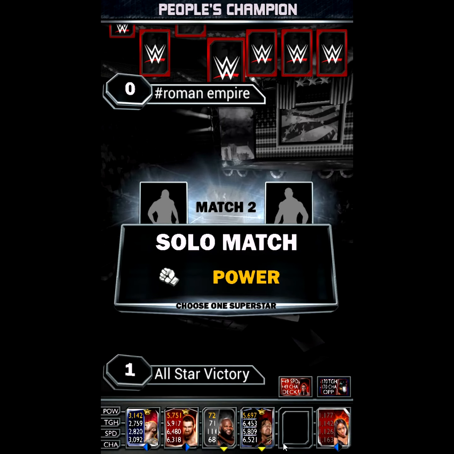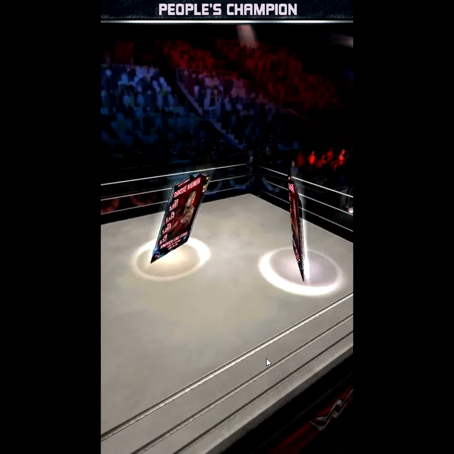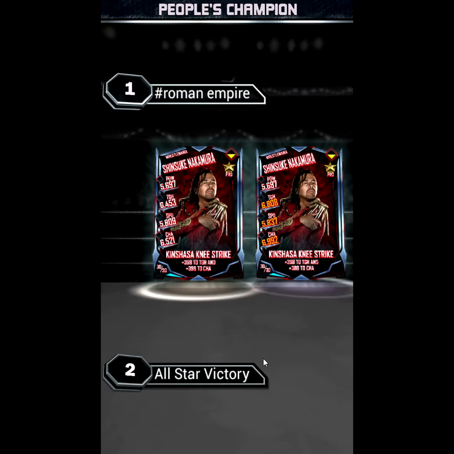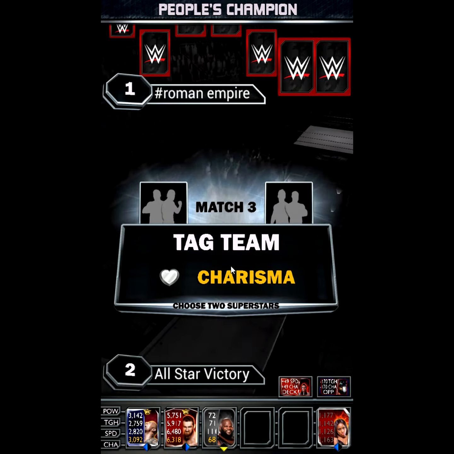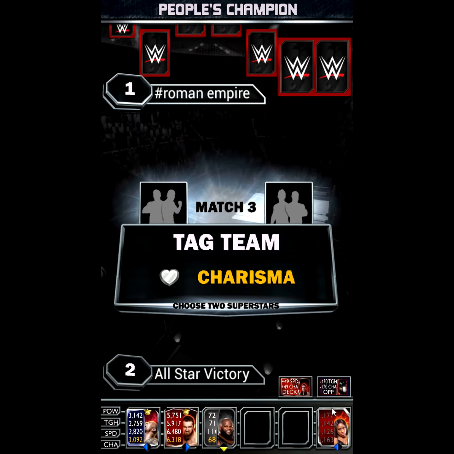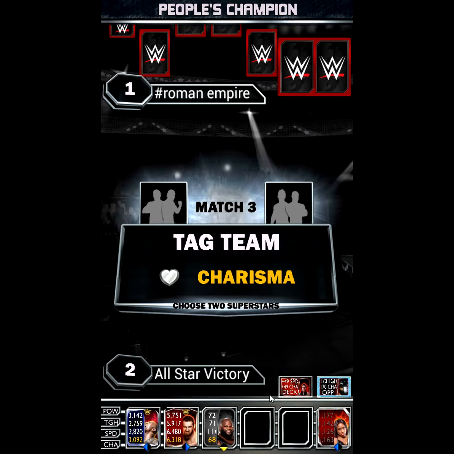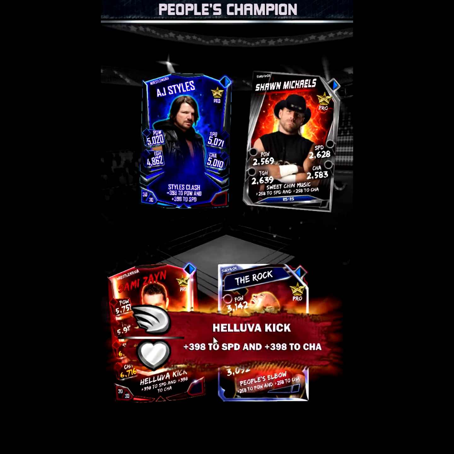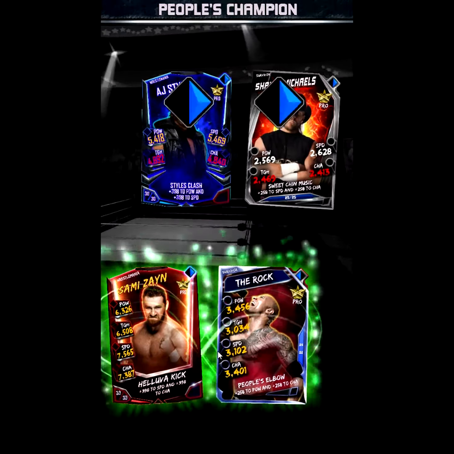I'm going to use Nakamura, although he doesn't proc in power, and just, okay, that's lucky. Lucky it wasn't an Andre, or one of the new AJs and Charisma. So we will use the boost to the opponent, and hopefully we'll get that one. Okay, so 2 wins here from putting in my